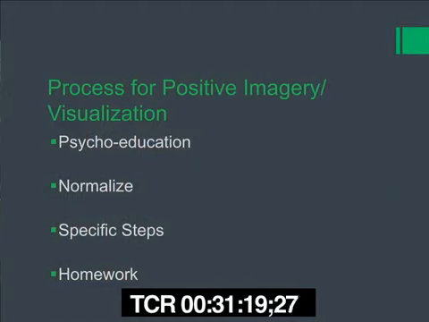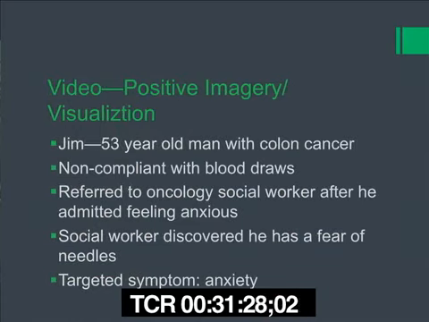It's best if you can use at least 3 senses, meaning sight, smell, tactile, so that they can really activate their imagination. I also use technology at times and will sometimes use a video off YouTube to help them get into that visualization, or I'll actually read a visualization exercise with them. And then for homework, I essentially will have them practice using visualization at other times. So let's watch how I do this with Jim. Let's watch how I implement visualization with Jim.